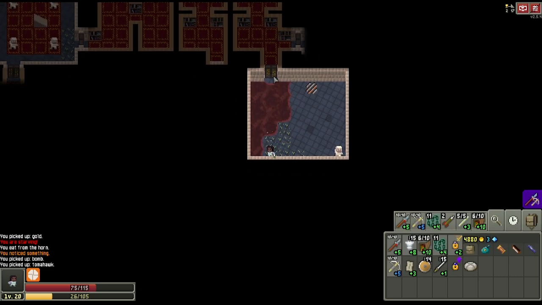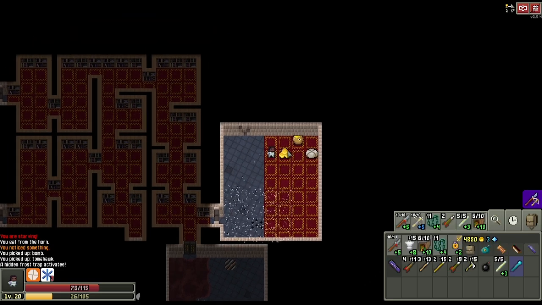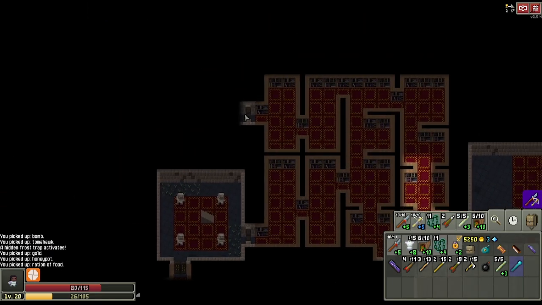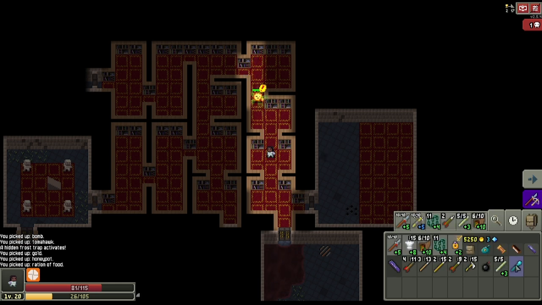Bombs. We might hold on to those bombs for the next time we get an alchemy station. Oh, you know what? We can actually just use the Wand of Frost again. We don't need to waste a... Yo. Oh, we missed. That's not good. This definitely feels like a high-level Wand of Frost, though. That is a lot of...